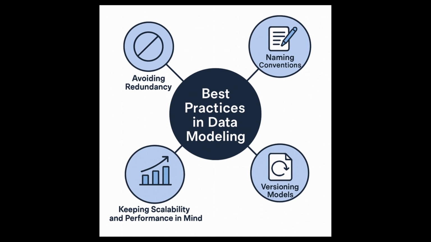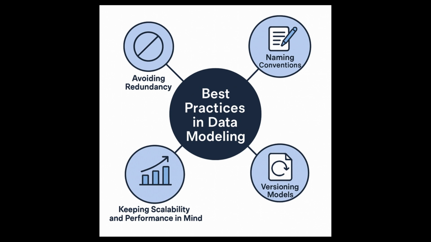Effective data modeling is crucial for building reliable, scalable, and efficient systems. In this section, we'll explore some of the key best practices that help create robust data models. 1. Naming conventions. Consistency is the foundation of effective data modeling. Establishing clear and standardized naming conventions for tables, columns, and relationships improves the readability of your data model. A good naming convention ensures that developers, data analysts, and business users can easily understand the model and maintain it